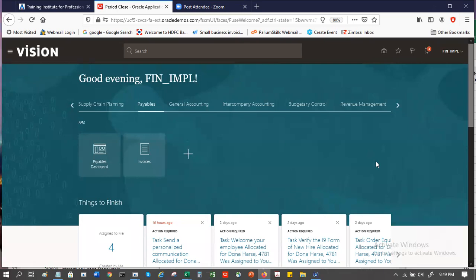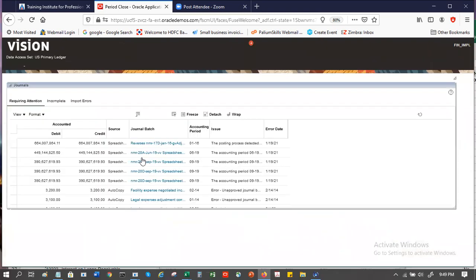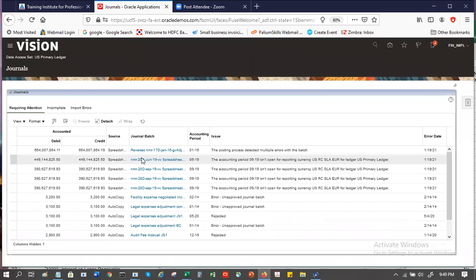Should I show you the journal page quickly? And I will answer the other questions that you had regarding where to see who has updated, the who columns and stuff like that. This is the journals page. You have recurring journals, incomplete journals, import errors and stuff like that. This is the task screen here.